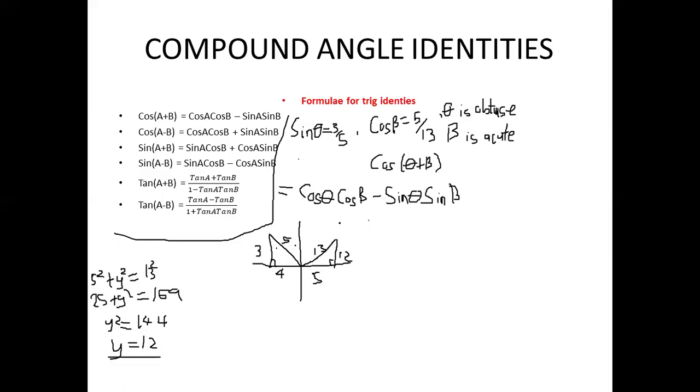Now, remember we've expanded our question as cos theta cos beta minus sin theta sin beta. Meaning we are going to use these triangles. They are going to guide us when we are putting these numbers in the equation that we have created. Cos theta is the same as adjacent over hypotenuse, meaning it will be 4 over 5, times cos beta. Cos beta will be 5 over 13. Minus